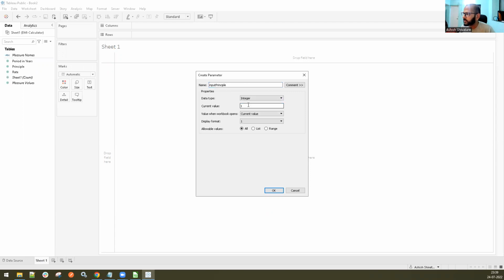Data type, let's say integer. Current value is 1 lakh. Display format is automatic. Let's keep it as range. Minimum is 1 lakh. Maximum is 1 crore. And set values from principal. When workbook opens,